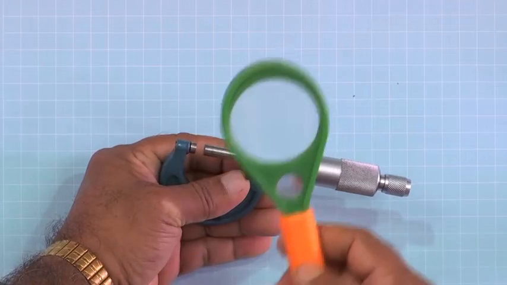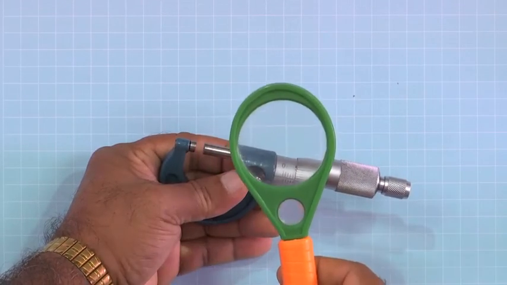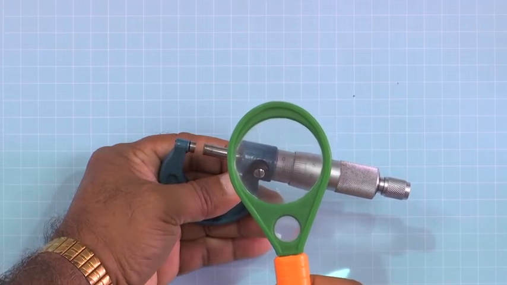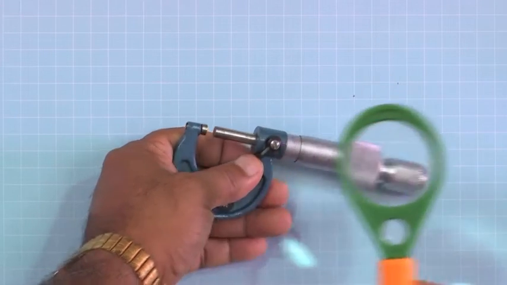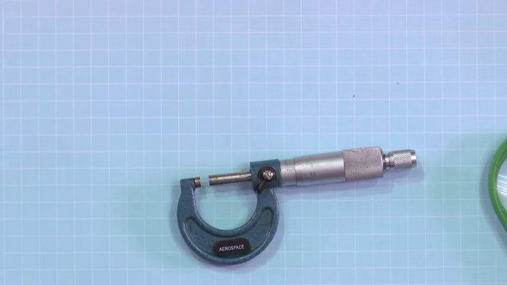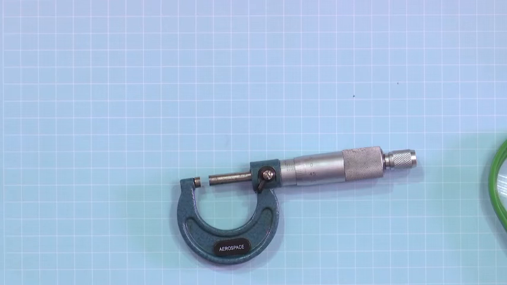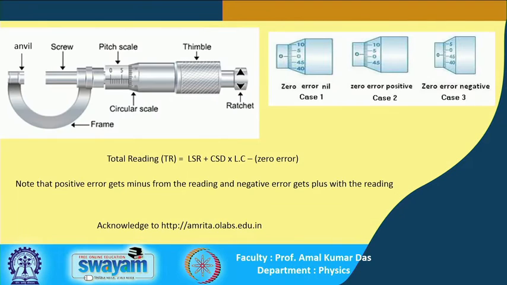So, for one complete rotation, whatever the reading in linear scale, that is called the pitch. Okay. So, this least count is defined as... here I have not written. I think I have not written. Least count is defined as